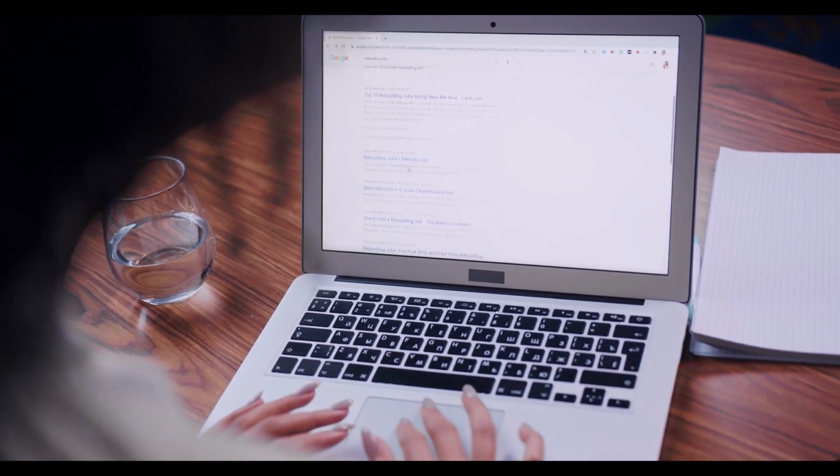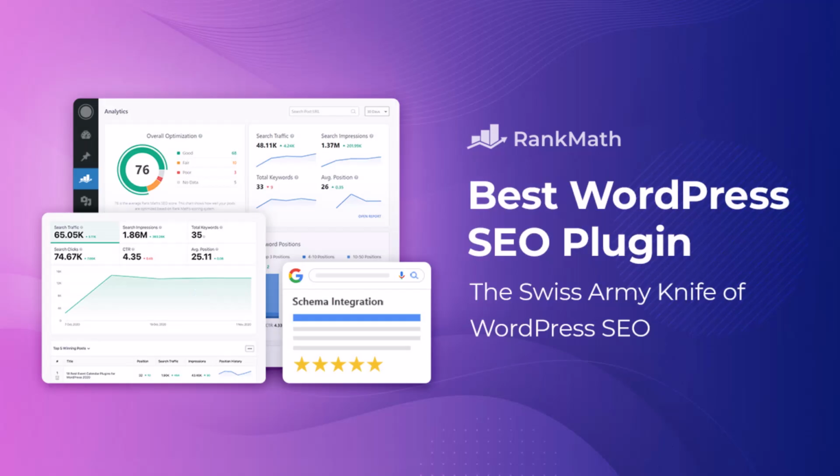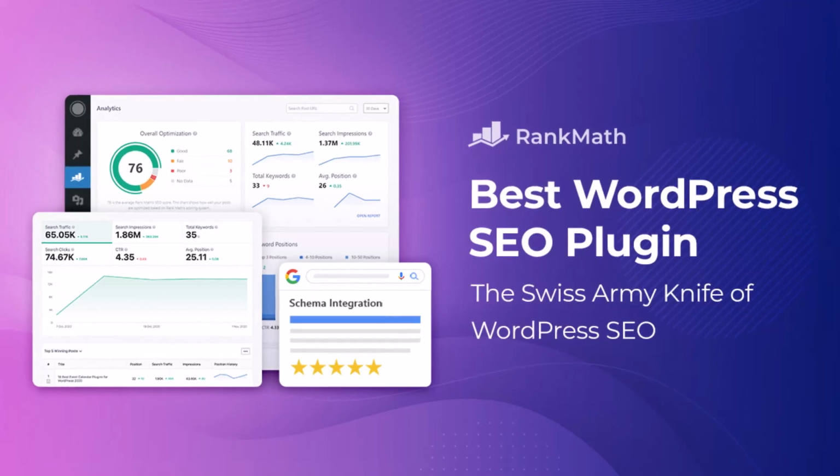We are going to learn how to optimize our website using a free plugin called Rankmath. Now, there are a whole lot of other tools that can help you do this, but Rankmath is one of the best SEO tools that can help you optimize your website without understanding any code or so many technical issues. So let's dive into my dashboard and let me show you how to use a free plugin called Rankmath to